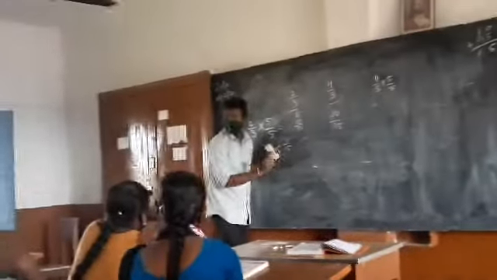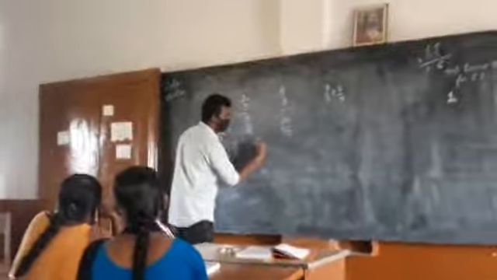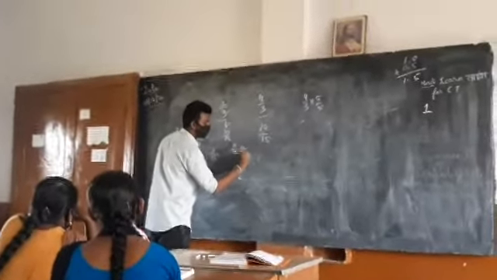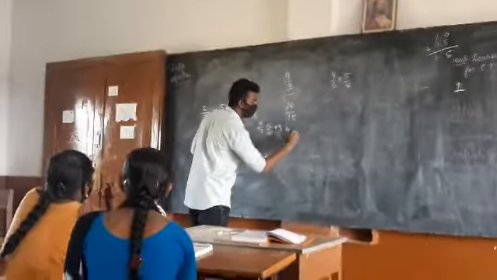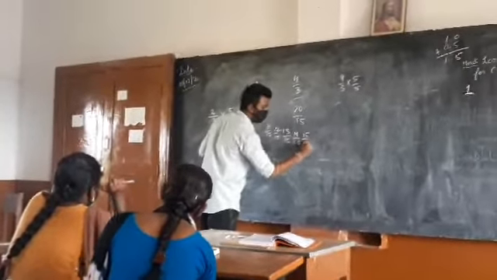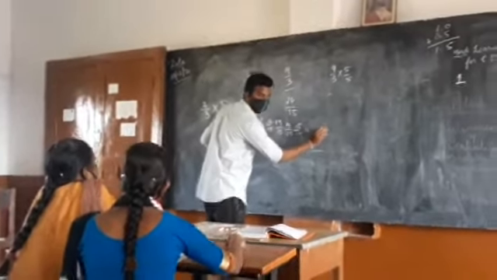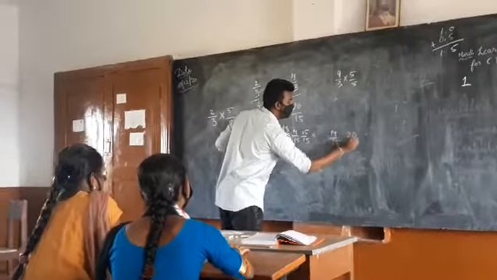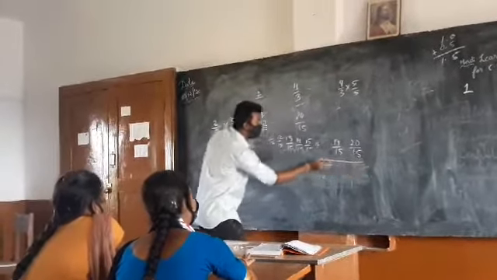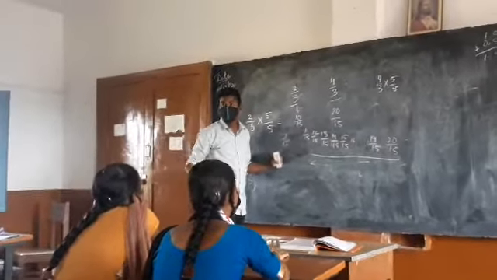1 by 15. Very good. 11 by 15. 12 by 15. 13 by 15. 14 by 15. 15 by 15. 16 by 15. 17, 18, 19 by 15. At last 20 by 15. If you write any 5 of these numbers, you are done with the task